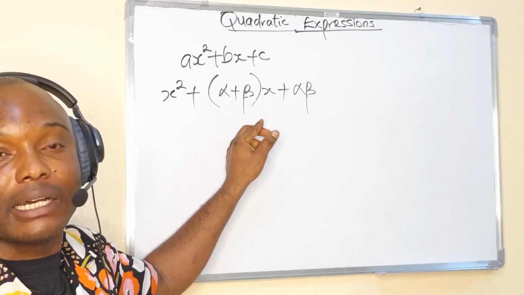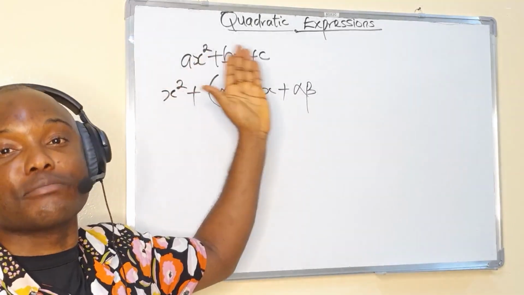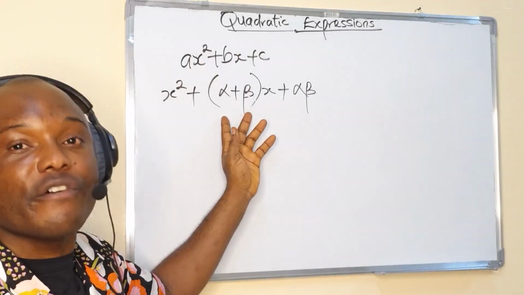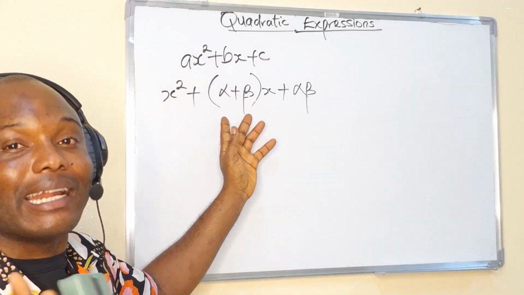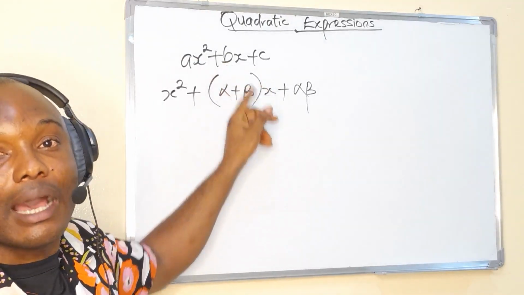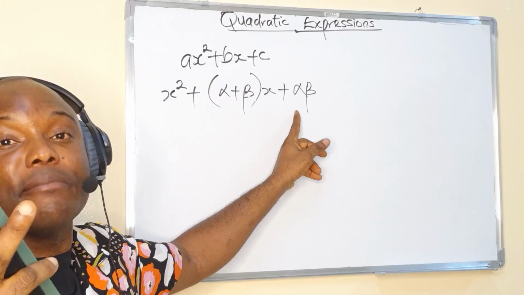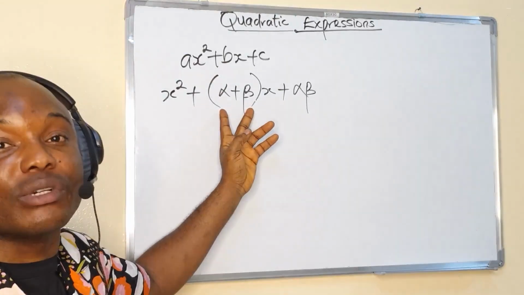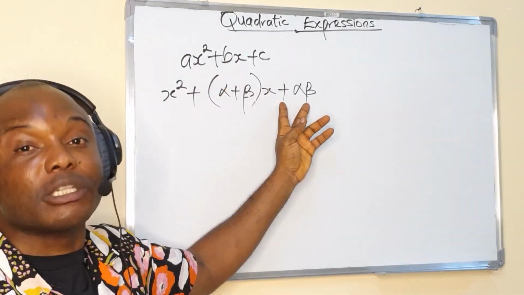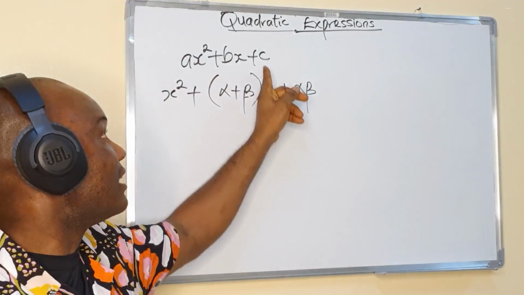Alpha add beta simply implies that for us to factorize a quadratic expression, we will need two factors that when added together should generate the value of b. At the same time, alpha beta together means that the same factors which we added together to get the value of b, we need to multiply them together, considering their signs at the same time, to generate the answer c,